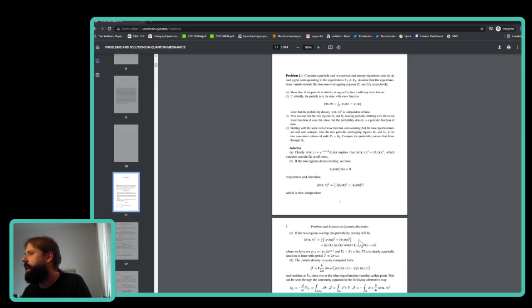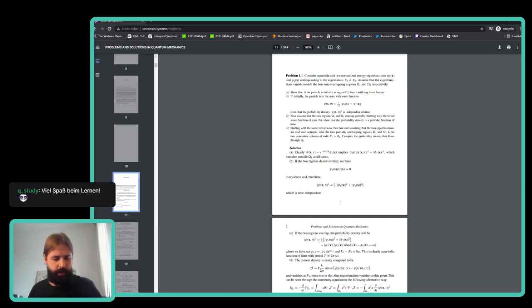I'll try to do that, but today I'm feeling like we should try to understand the probability current that I have to dig into, and I should probably do that